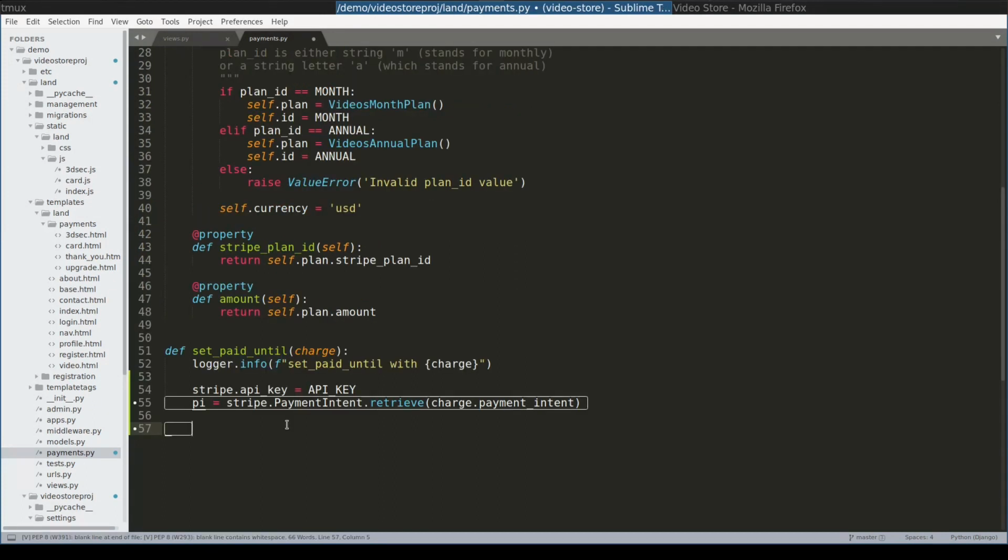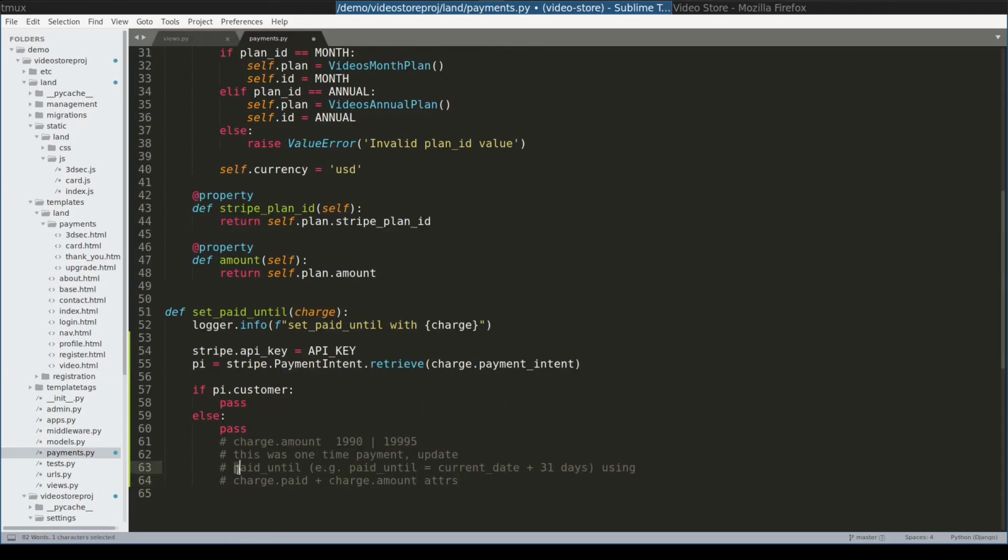Now there are two cases. If there is no Stripe customer object, it means the user did a single payment. So in this case, we will need to update the PaidUntil field based on the charge amount. This case we won't discuss in this video because of the lack of time, but it will be something like this. We will update PaidUntil with the current date plus 31 days if the value was this one, or update PaidUntil with the current date plus 365